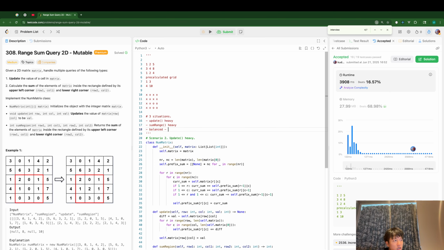So one approach I can come up with is, I will assume that the number of rows and number of columns are almost the same, and I will assume the number of rows is R. Then in the balanced case, my approach to the query,